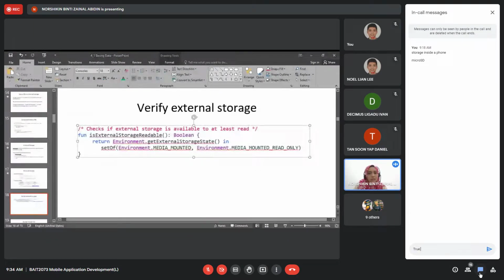Stated there. Boolean, we only have two results. So for Boolean, what do you think will be the return result? True or false? Yeah, true or false, correct. So here, let's say,